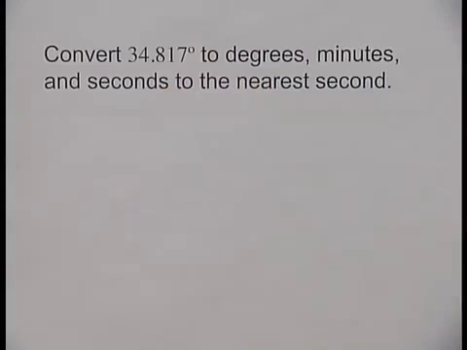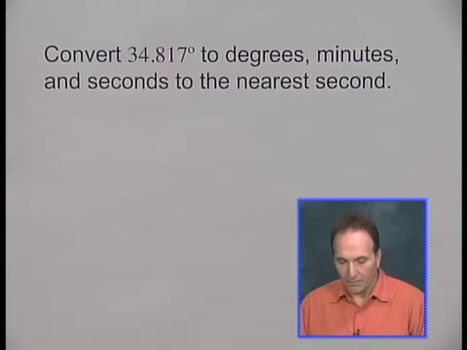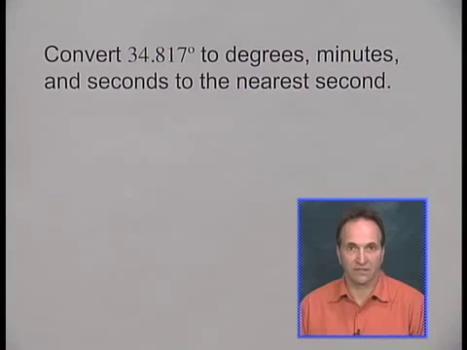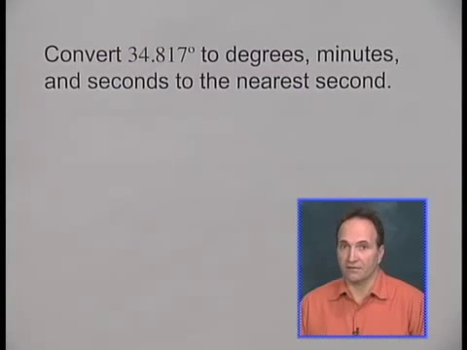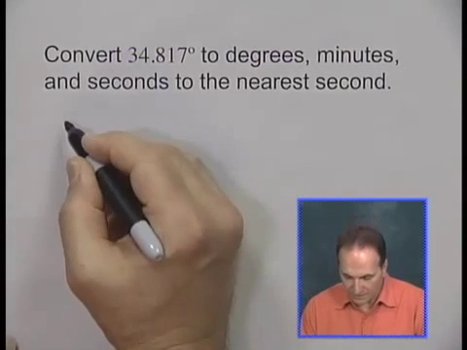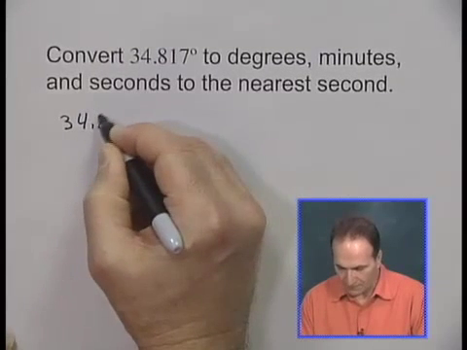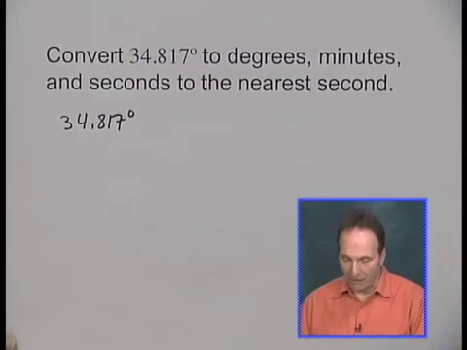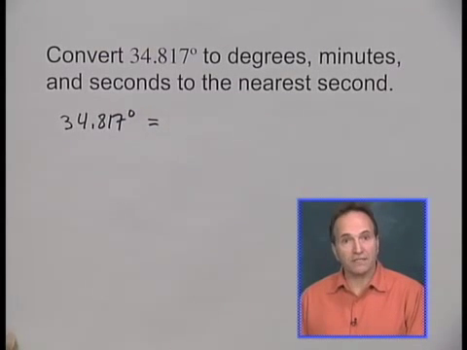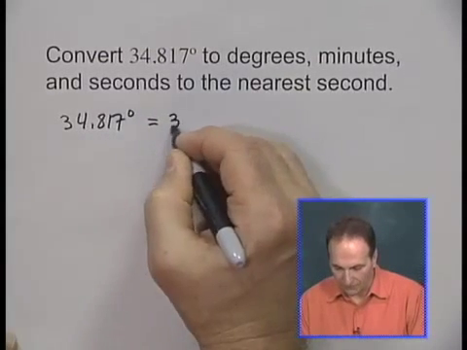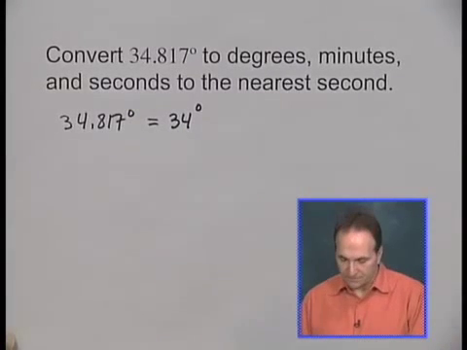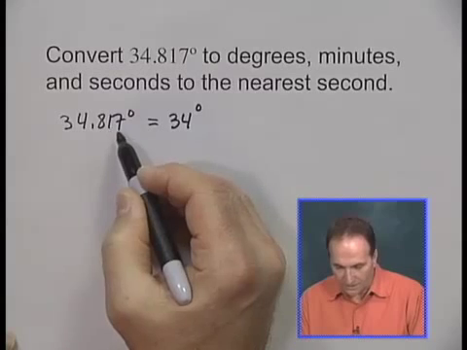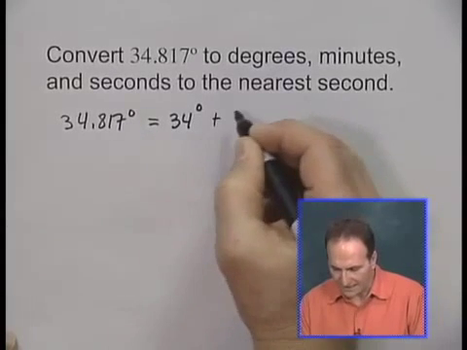Let's look at another example where we're going to do a conversion. This time we'll convert 34.817, or 34 and 817 thousandths degrees, to degrees, minutes, and seconds to the nearest second. So here we begin with the 34.817 degrees, and we now rewrite that, and we know the degrees portion here, the whole number 34, stays as is. But now for the 817, we have to convert that into